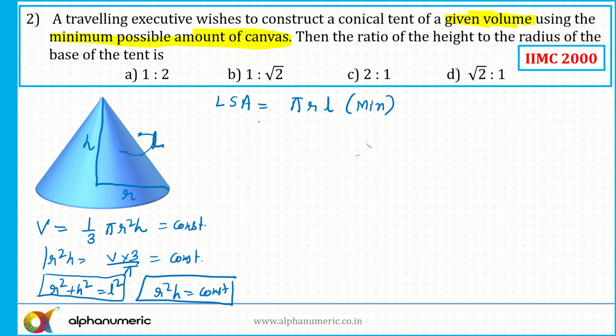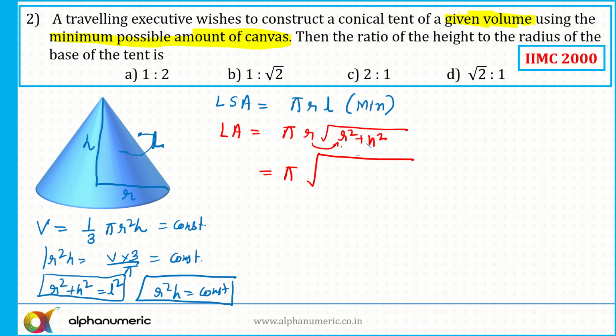Now I need to minimize. So what is the lateral surface area? I will write down LA, lateral surface area, pi r L. We know the value of L in terms of r and h. L is equal to root of r square plus h square. So this is equal to pi into root of